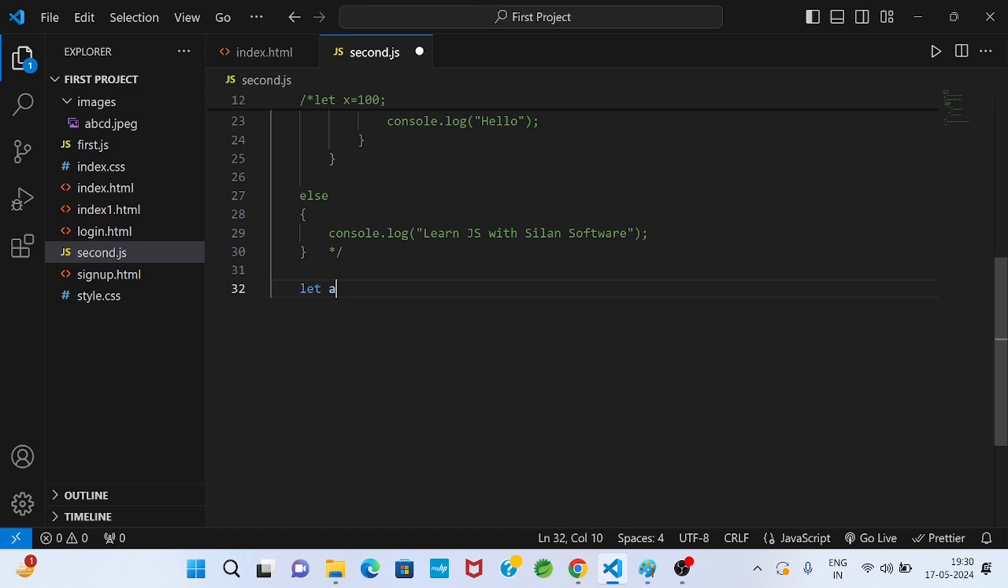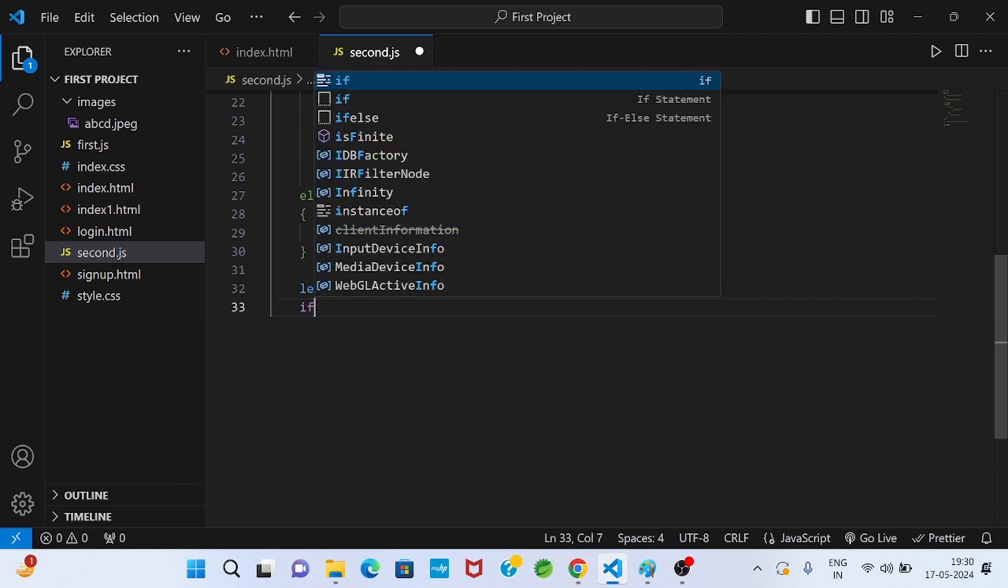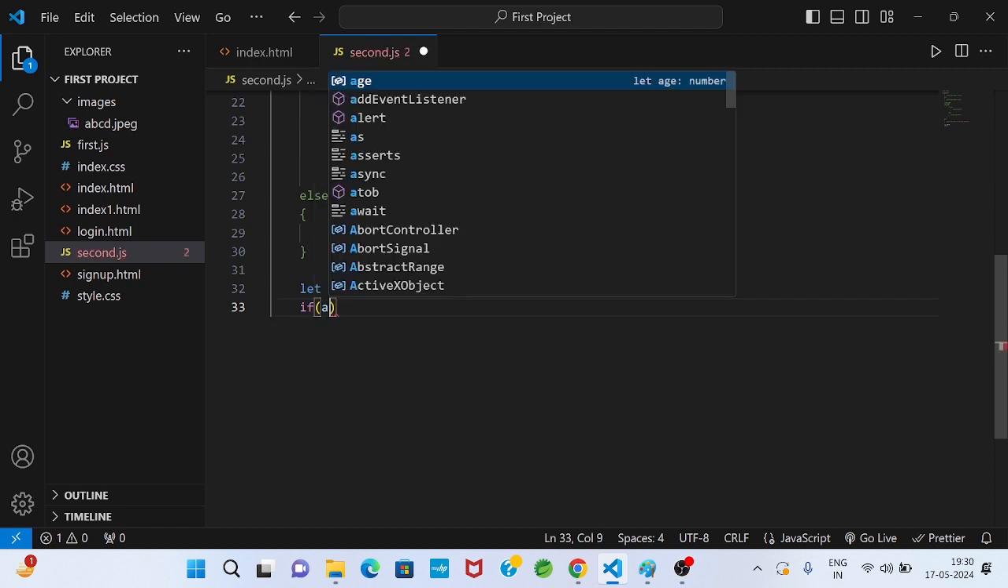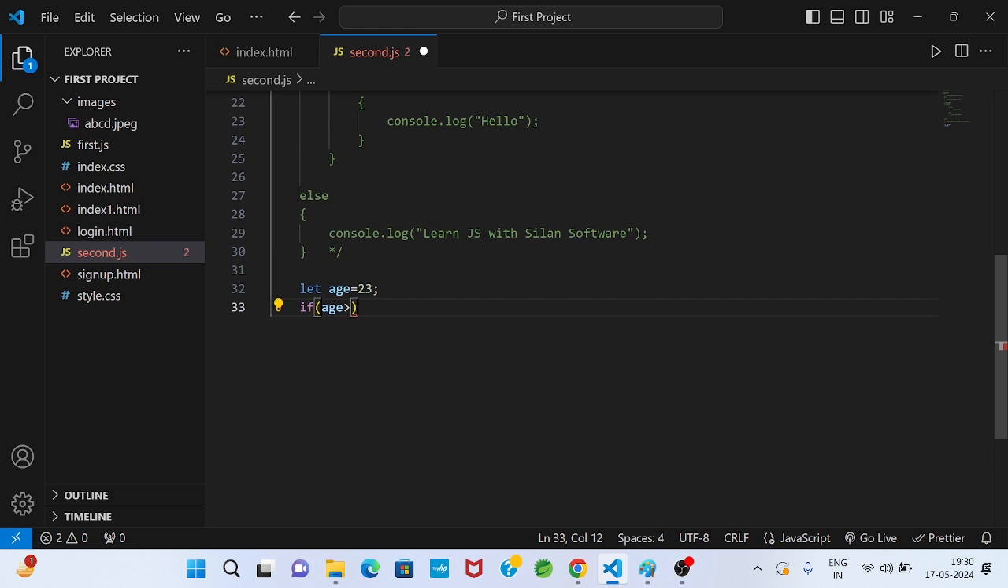Suppose let age is a variable. Suppose I will take it as 23. Suppose I will write if age is less than 18, then